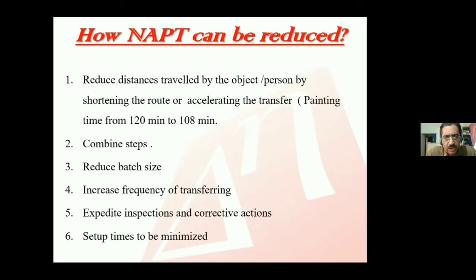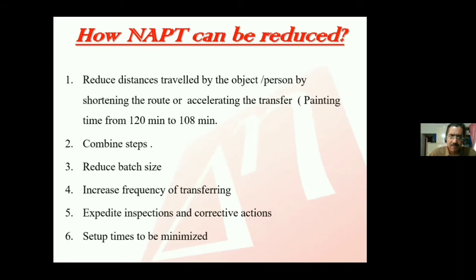So these are called no action points, and they can be reduced or eliminated so that you can make the cycle time shorter and make the process faster. This helps you to get more cycles per month and maximize your output. Last video we stopped at steps in the process, and today we will see how NAP can be reduced, and then we will see a small example.